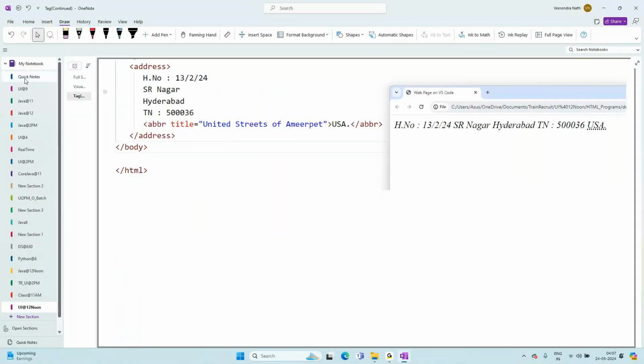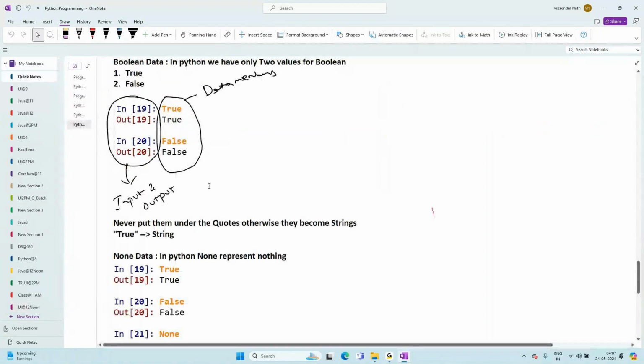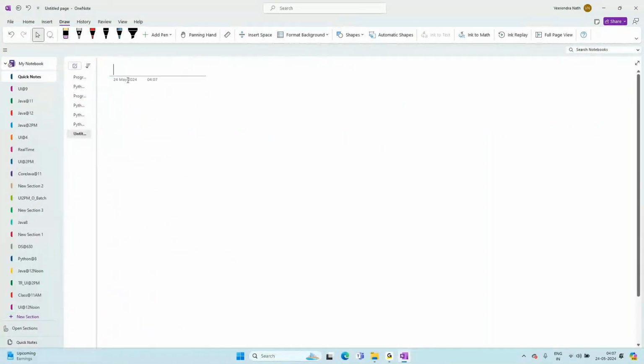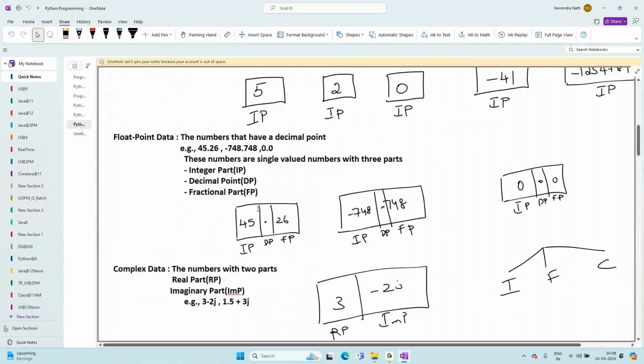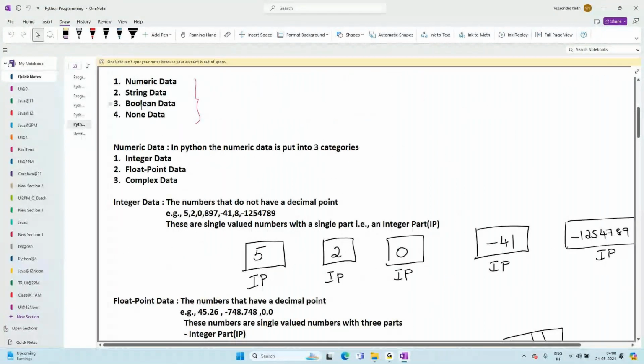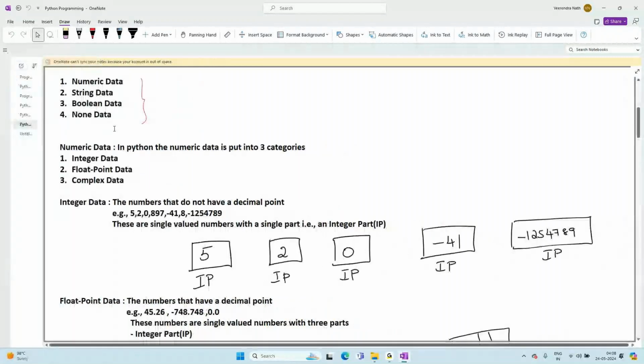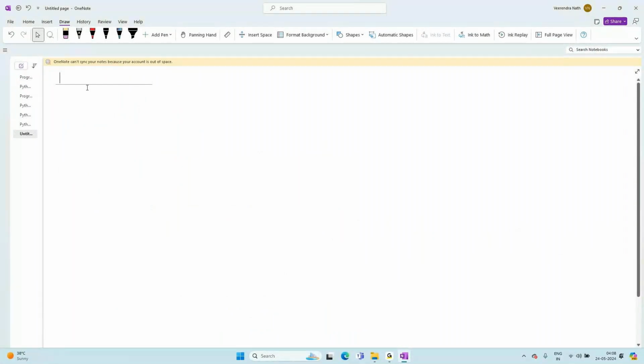Okay, so what we will be doing today is we will be talking about... so in the last session we had a discussion on how we can represent various types of data. We talked about numeric data, string data, boolean data, none type data. We call them generally as literals. So today we will talk about literals and data types,